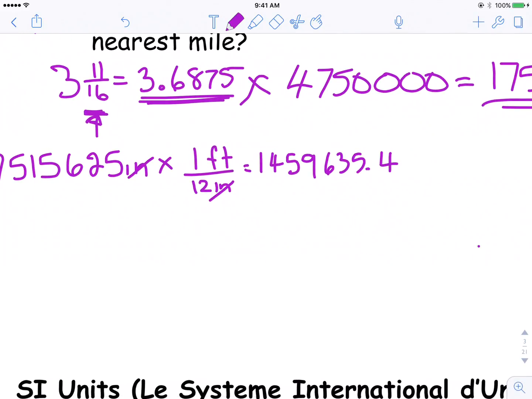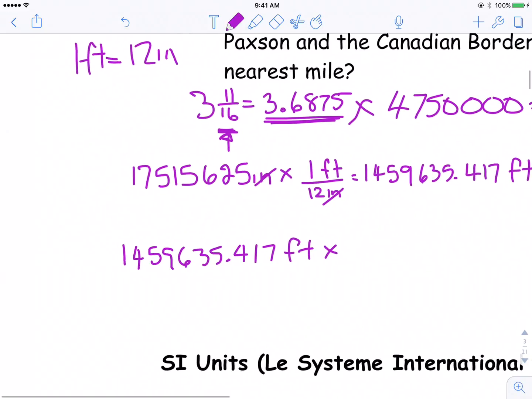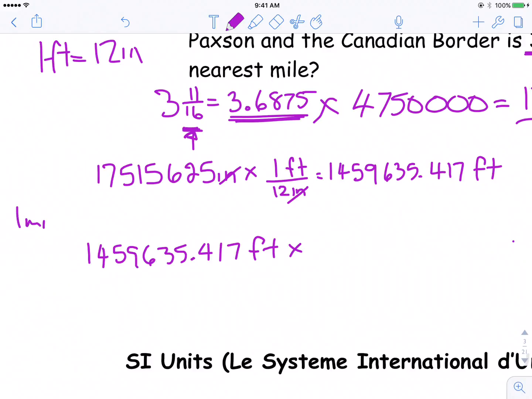1,459,635.417 feet. Now I need to take those feet and multiply that again by the conversion factor, knowing that 1 mile is 5280 feet. I've got to look back on my chart just to make sure I don't get it wrong. 5280 feet, so it's going to be 1 mile over 5280 feet. Feet will cancel, I'm left with miles, so I'm going to divide that by 5280. Gives me